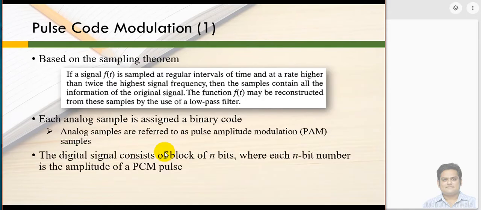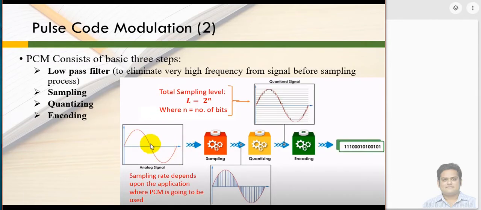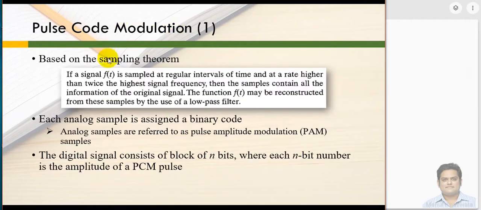Fine. Now in general, the sampling rate completely depends upon the sampling theorem, which was provided by Nyquist. He is one of the renowned scientists of communication systems. As per him, the sampling rate should be higher than twice the highest signal frequency. Whatever your input signal frequency is, the sampling rate you are supposed to use should be greater than or equal to 2 times the frequency of the original signal. Fine. So that is what we mean by the sampling theorem.